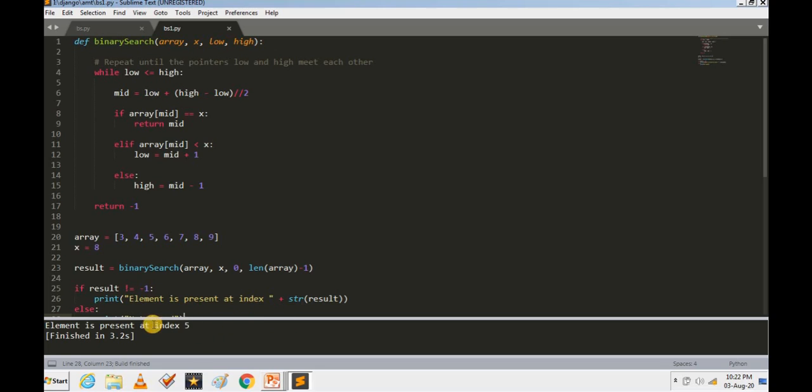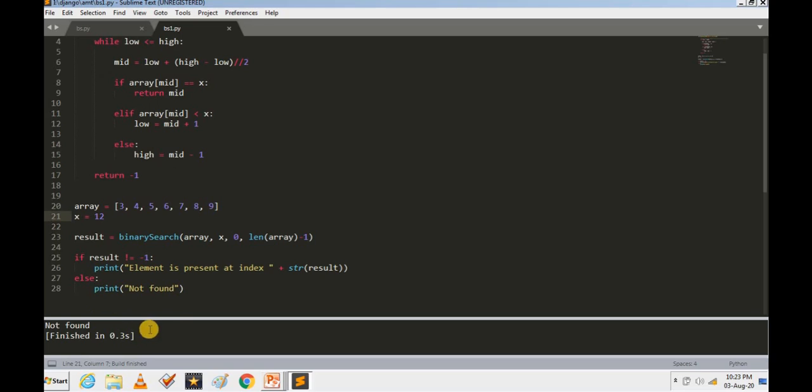And you are able to see we are getting 8 at the index 5. We can just check it out: 0, 1, 2, 3, 4 and 5, right guys? We can go for any other value also. Let's say we want to search 3, and if we save it and run it, we are going to get the index 0. Now what if we want to search any other number that is not in the array? So it prints not found.